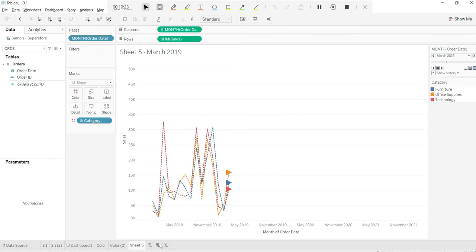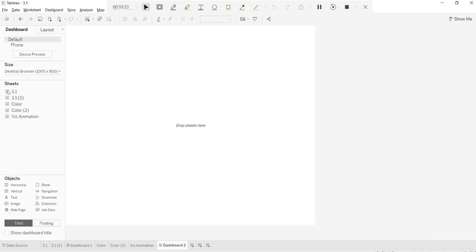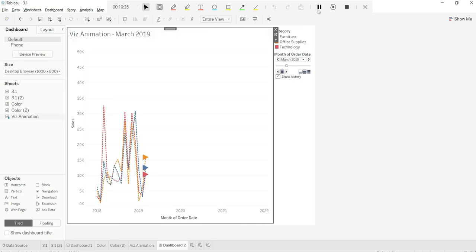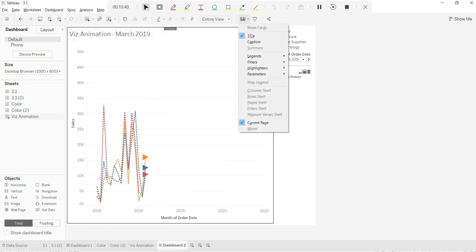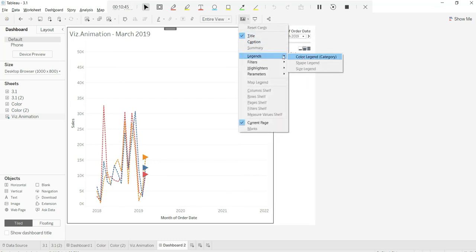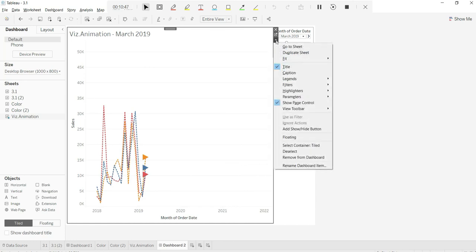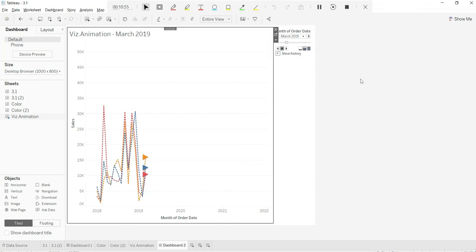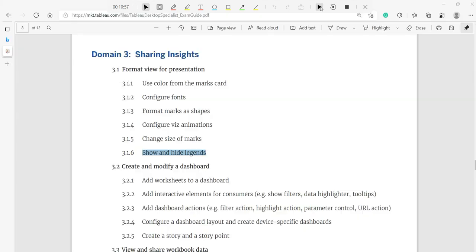Now suppose you are, for example, I say this as this animation. Suppose you are at dashboard, so there will be a different option over there as well. One is this one only, right? And there is another option as well, right? That is you can go over there and from there you can disable from there as well, right? It will just go off, as simple as that. So we have finished this